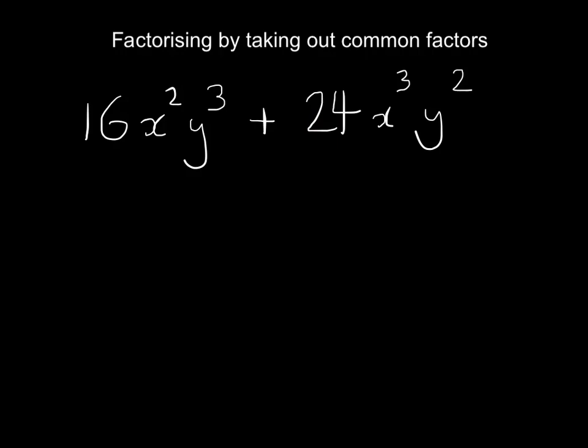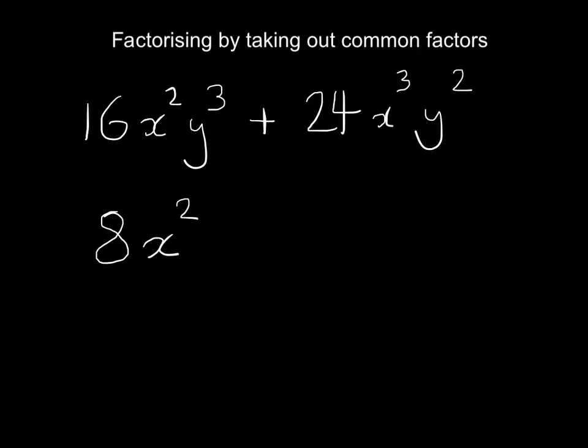If I think of the factors of 16 and 24, hopefully we can see that 8 is the highest thing that goes into both of these. So I'm going to factorise 8 out of there. If I then look at the x term, I've got an x squared and an x cubed. Now the highest thing I can take out here is an x squared, because I've got x squared here and I've got x cubed here, which is higher, so I can't take this out because this doesn't go up that high. So I'm going to take out an x squared,